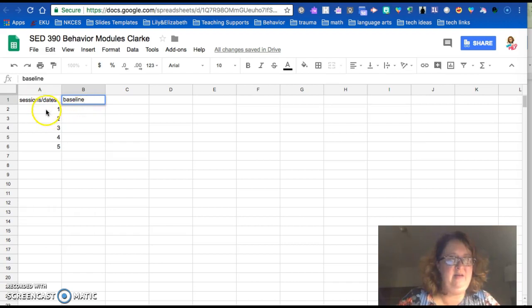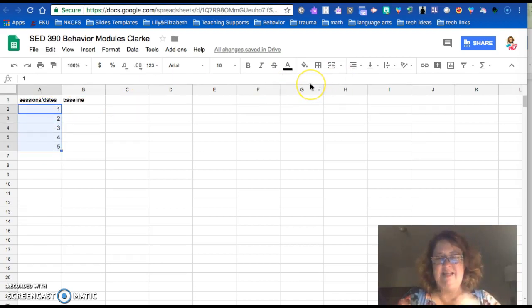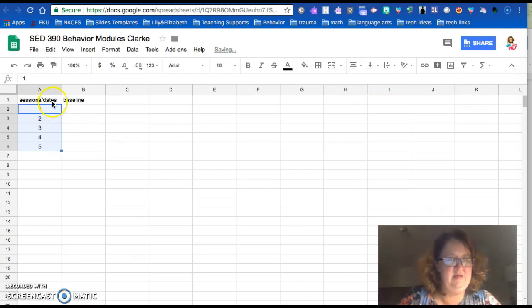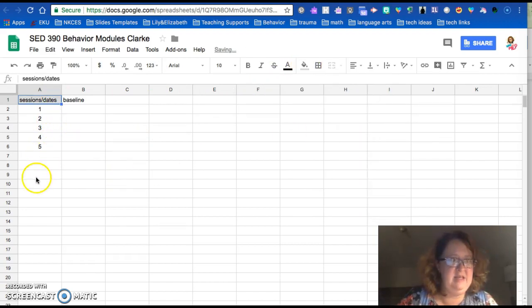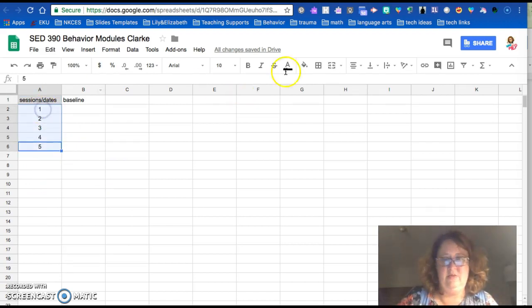Now notice how here I wrote the wrong piece of information originally, and then I'm like, oh, that was wrong. It's okay, just fix it. Not a big deal. I'm going to center this so it's a little easier, and sometimes I even go ahead and make this column a color so that it really stands out to me that this is baseline data. This is not the actual data itself.